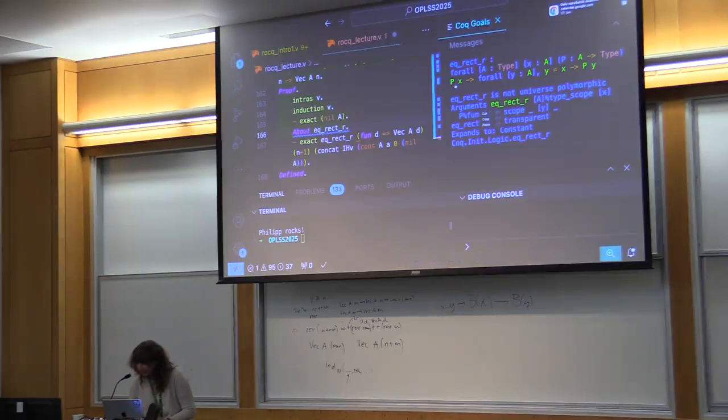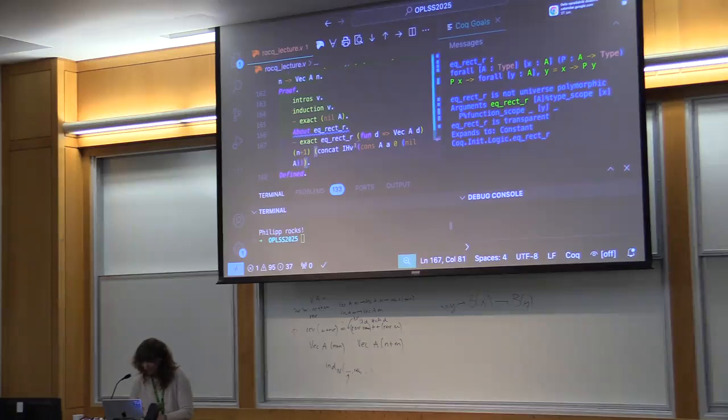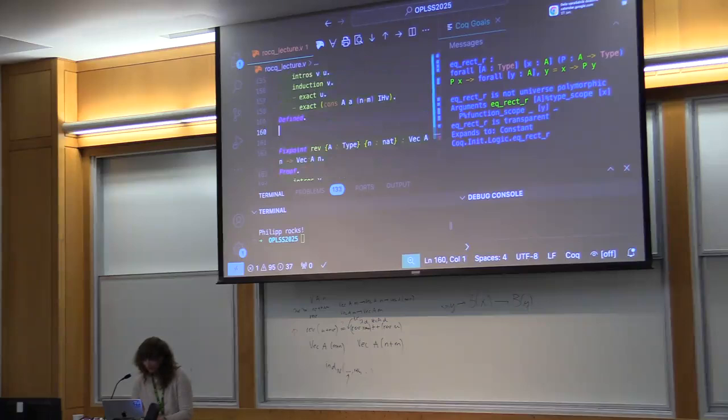And then I need P of X. So I need the vector of size blah blah blah. So this is the concatenated thing that I do have, and it's of size n plus 1. And then I need the equality, right? And that should give us the thing. So I need something of, okay, I'll have a lemma here saying